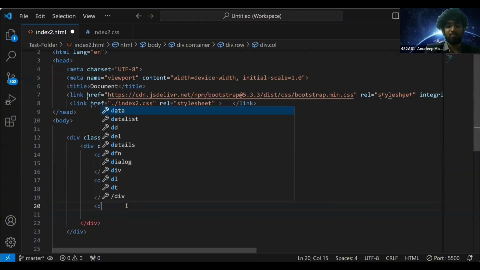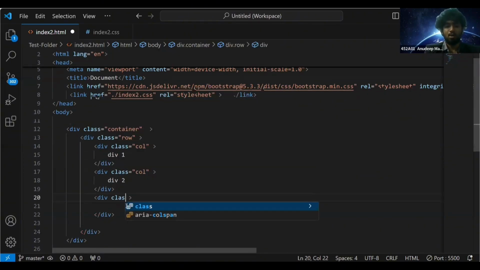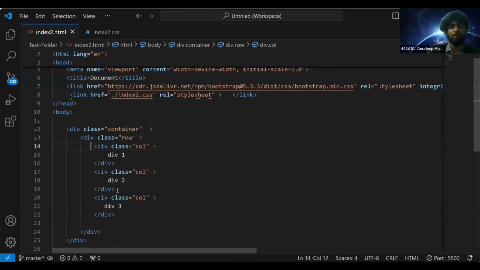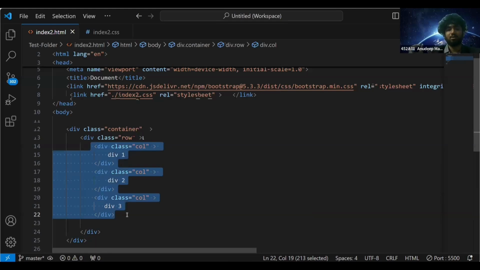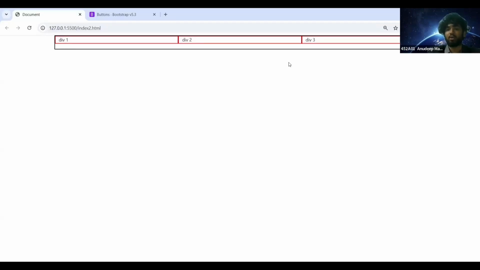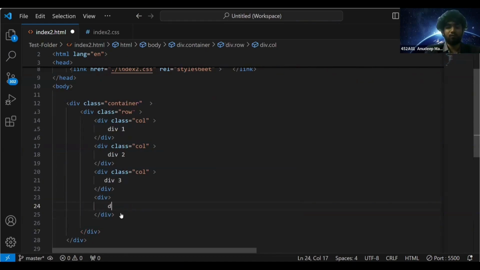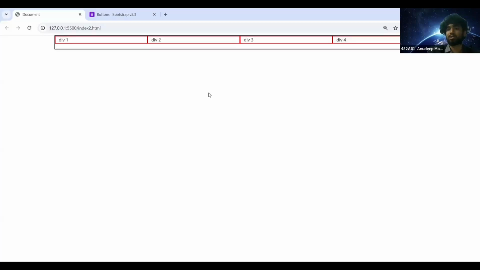Now if I want to have one more div, to this I'll give a class name col. Now what is going to happen? Now these three divs are going to occupy the equal space. They will be divided like this. Now here you have three cards created. Like this here, if you want to have one more div with the class name col. So now these four are going to occupy equal space. So basically all are occupying 25% each. Okay. Like this in one row,